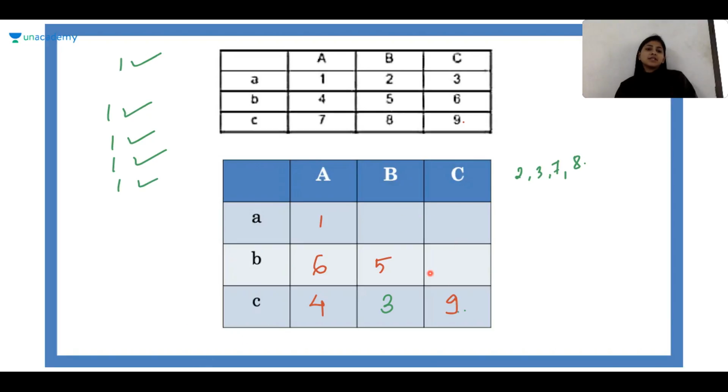Last case, we will take 8 here. 8, 7, and 2. Works? Yes. Exchanging will not work because it will become 7, 8, 9. Done. Done with 3. Next number we'll fix here is 7. Okay, 7. Then let's put 2, 3, 8. 7, 5, 8. Okay, 3, 2, 9. 1, 8, 3, 2, 5. Works. Exchange it.